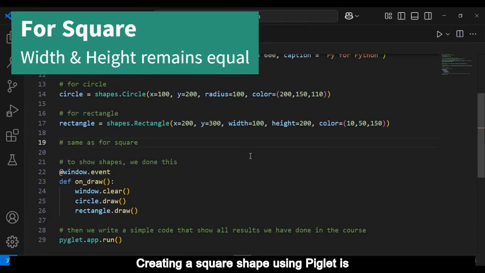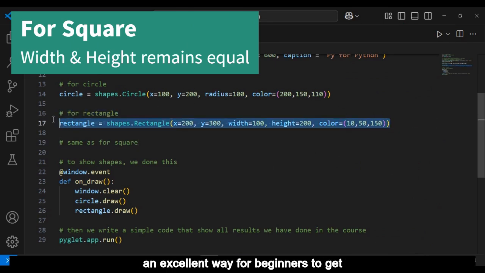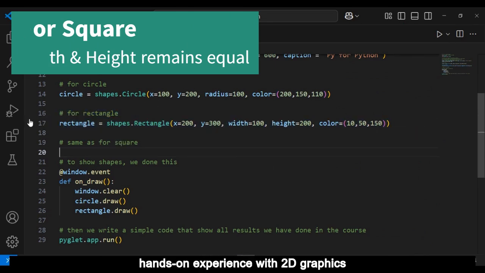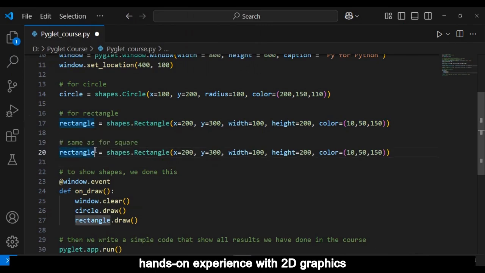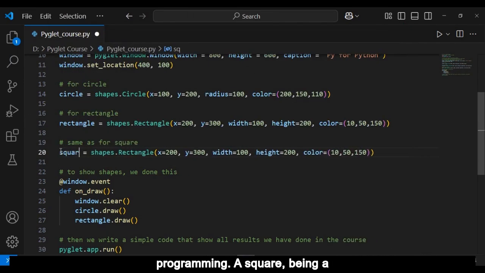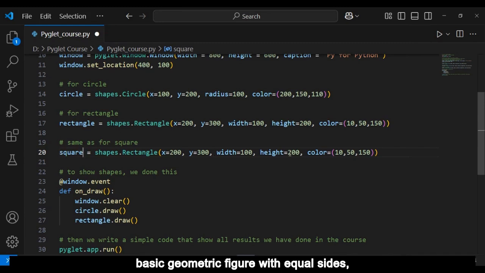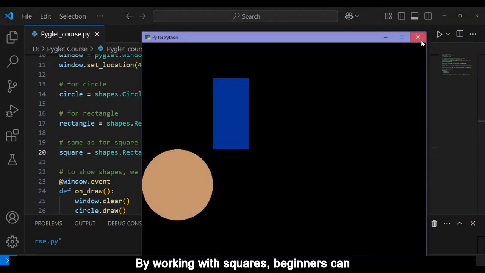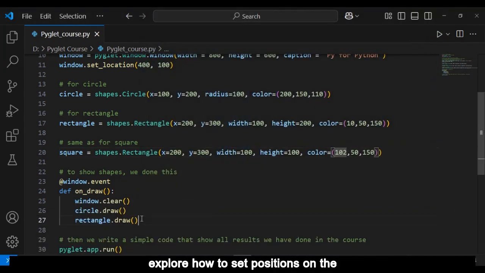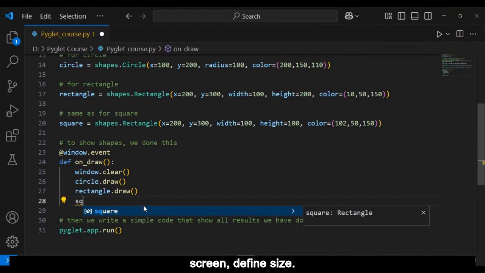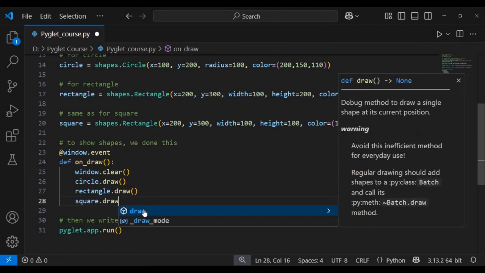Creating a square shape using Pyglet is an excellent way for beginners to get hands-on experience with 2D graphics programming. A square, being a basic geometric figure with equal sides, is simple to define and draw, which makes it perfect for learning the fundamentals. By working with squares, beginners can explore how to set positions on the screen, define size,